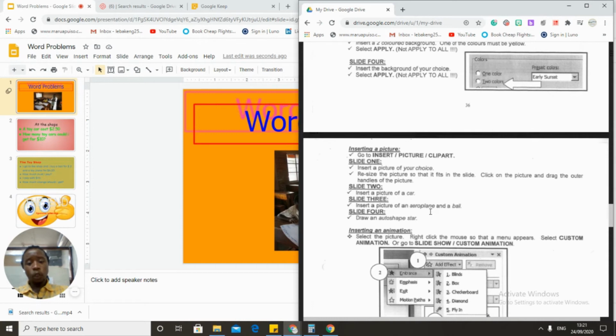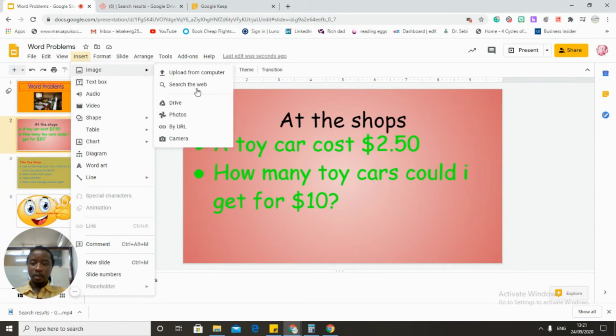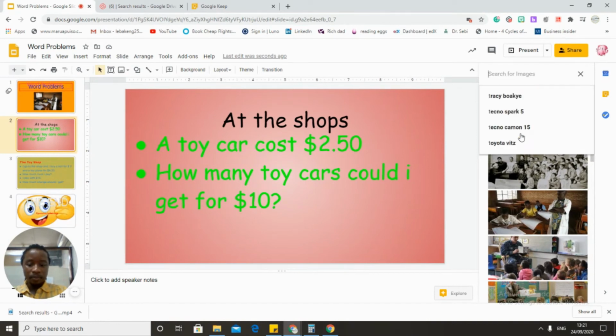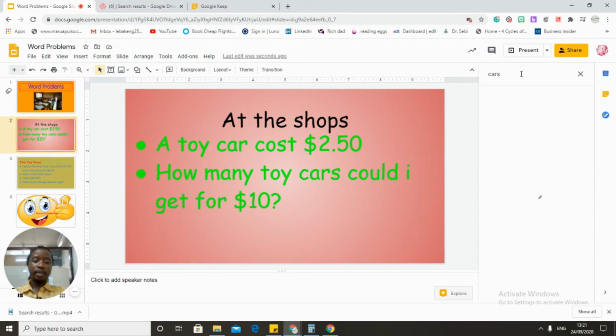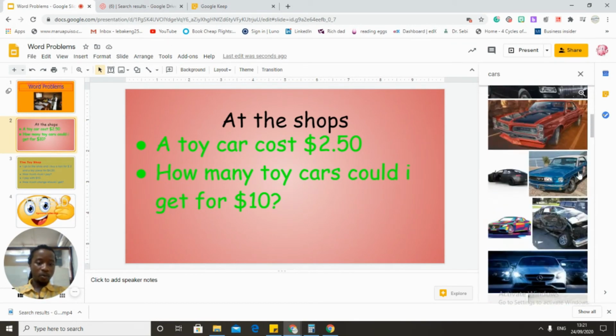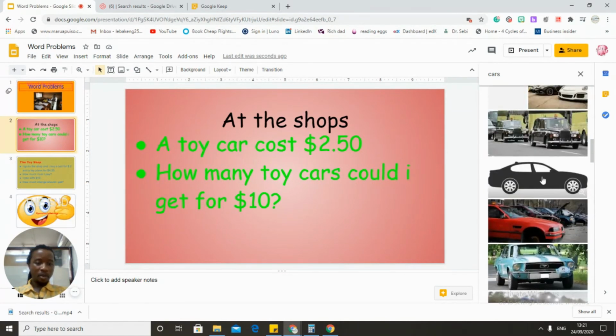Okay, slide number two. Slide number two, guys, we have to insert a car. Click on slide number two. Again, insert image from the web. Search the web. I'll just say car, and let's see what's going to come. Whoa, all nice cars are coming. Which one am I going to go for? Okay, I'm gonna go for this one because I like